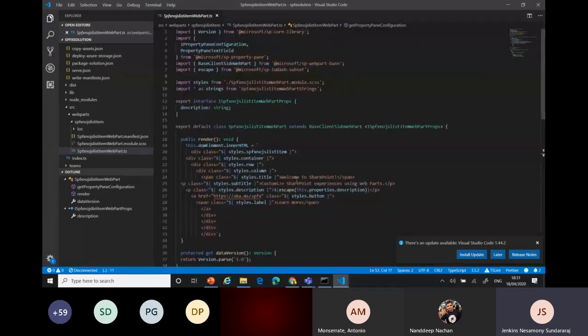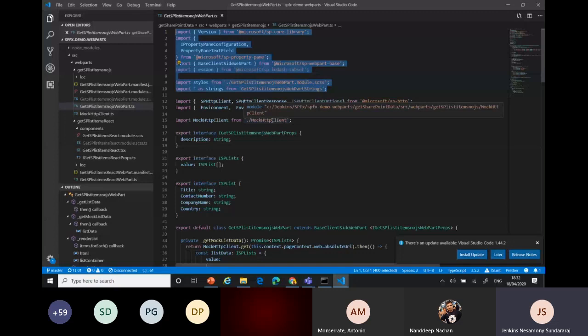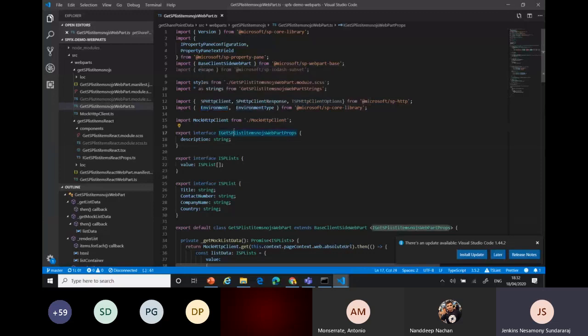What are the things I'm going to change? I'll show you. Okay, first you want to understand that all these things are basically coming. I want to access my HTTP object, right? This is using the SPHttpClient to get my request using my REST API. And I need to understand where the environment is, okay? Because I feel I need to bring the local data to test whether my UI is looking good or not. We can verify that. I just added these two import objects.